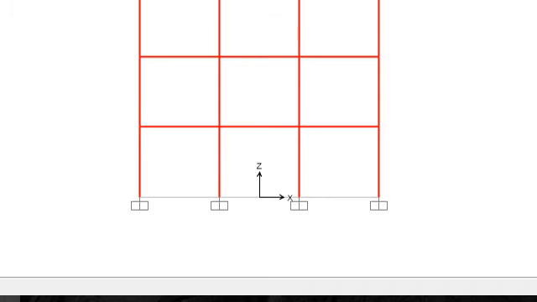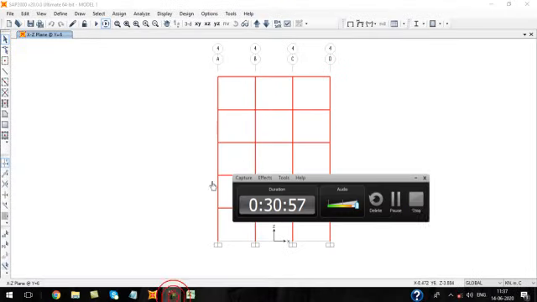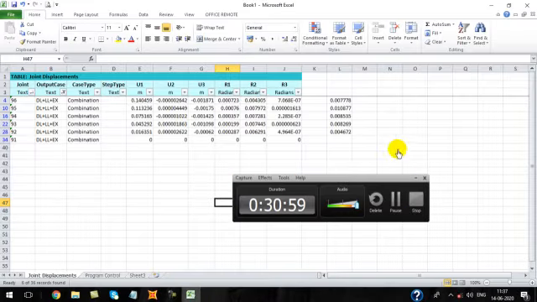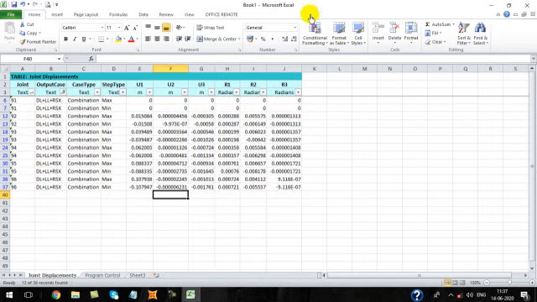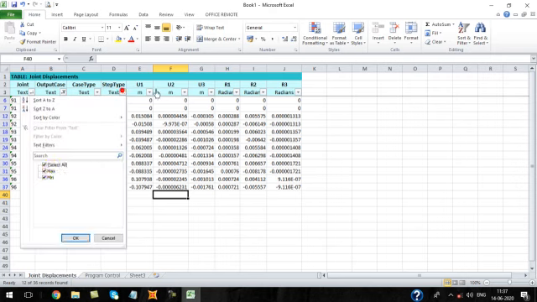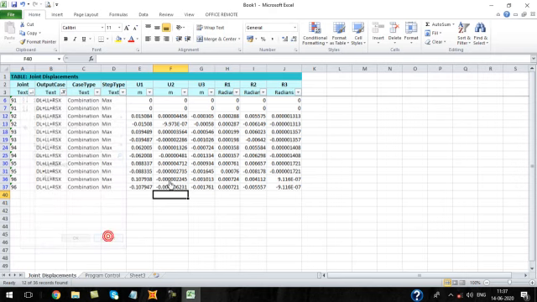So these are about equivalent static and response spectrum method of analysis. Similarly, in response spectrum also, let us check this value, RSX. Let us check minimum value.